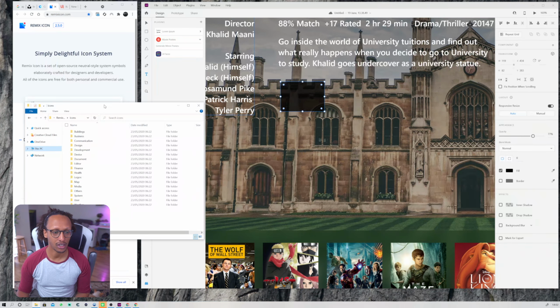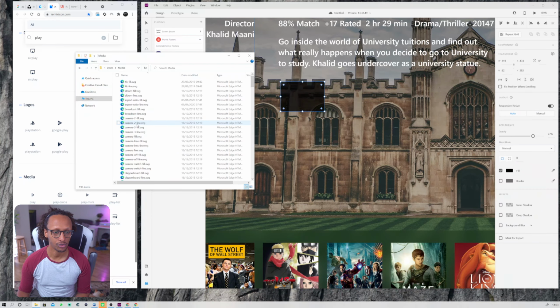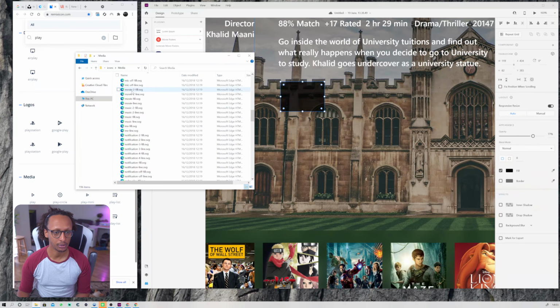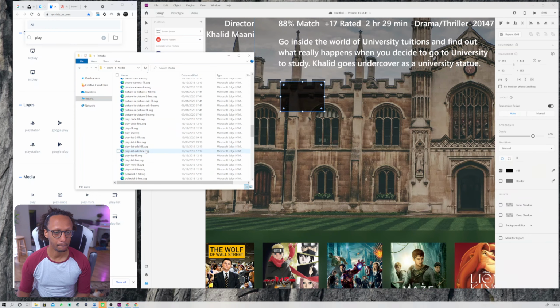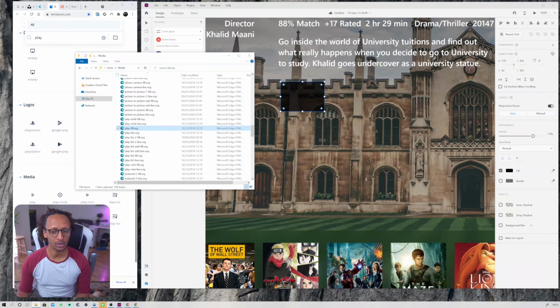Essentially what it does is it lets you download all the assets. So let's say, for example, I need the media one and I want this play button. So it's under media. And I should find a play button, which is, oh, I'm interested in what the movie one would be. Play, here we go. So we want just play, right? Which is play line, which is fill. This is what we want, right? So if I click and drag it over here, it's actually going to go on top of the image, which we don't want. So I'm going